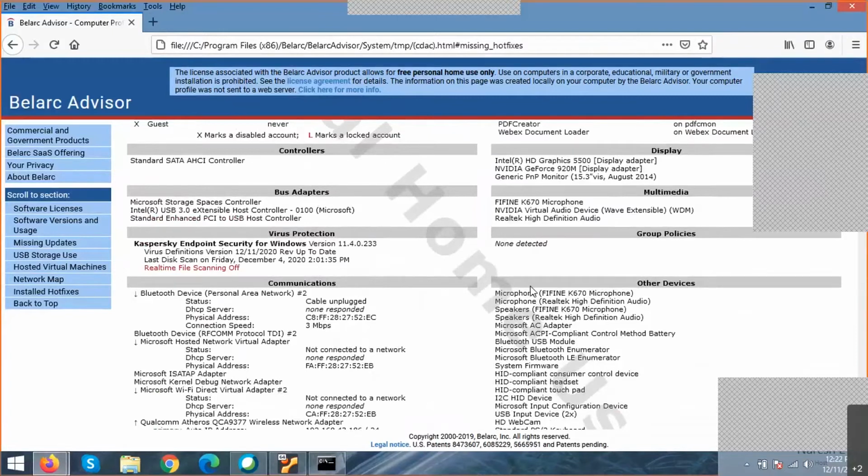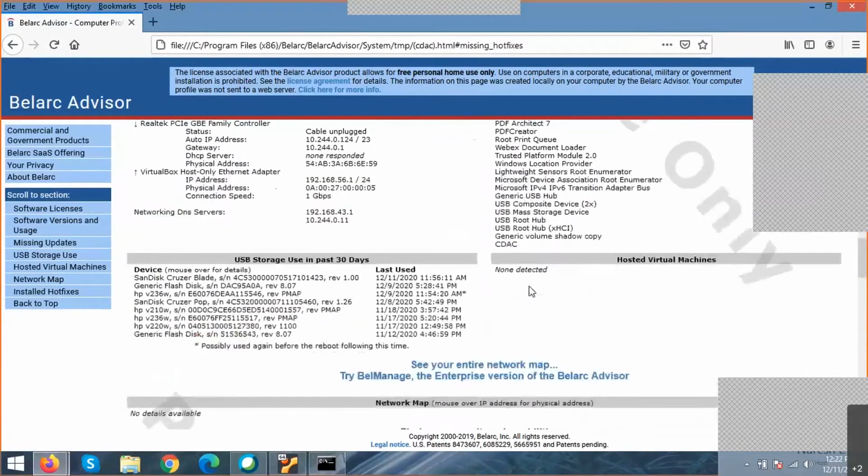Okay. So here you can see when exactly your USB has been used in the past 30 days. Okay. So I used this in November and September, 17 November, 18 November, 8th December, 9th December. So what kind of devices or USBs have been accessed on this particular device, it will also show such information.